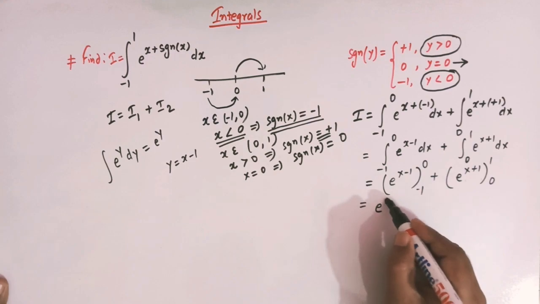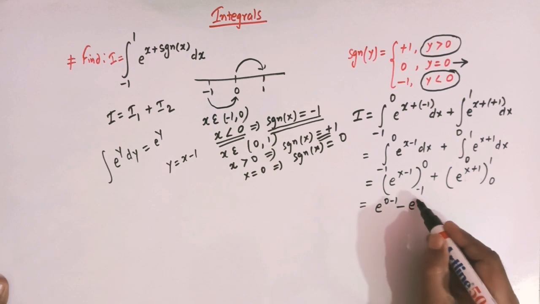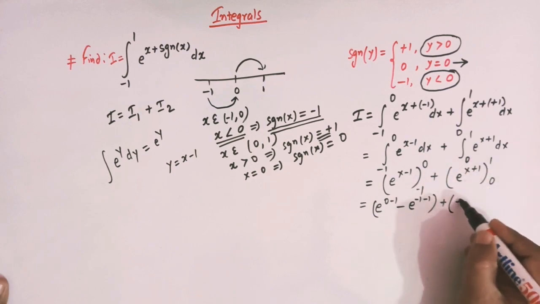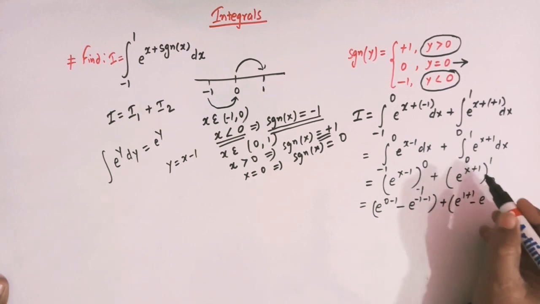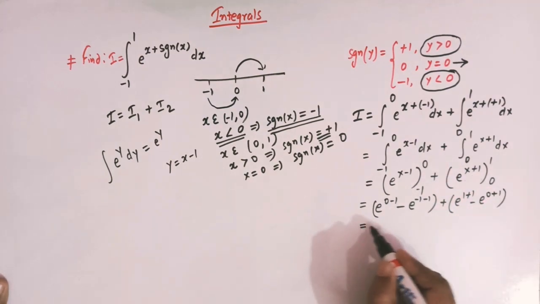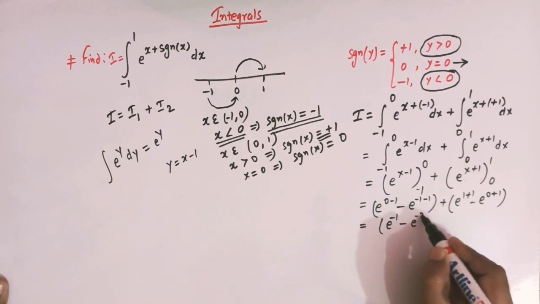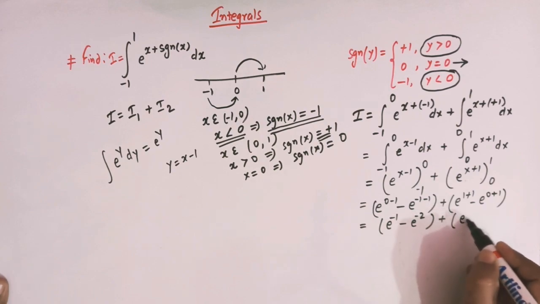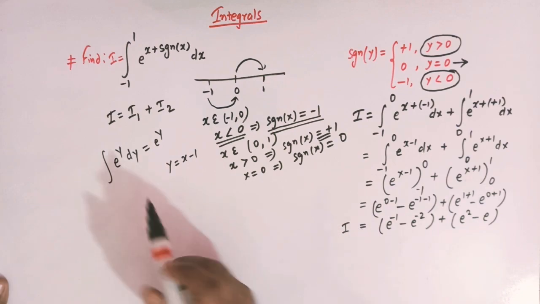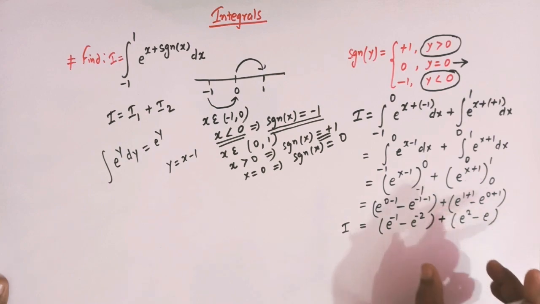So here we have 0 minus 1, then we can take x is equal to -1. So here we have e raised to -1 minus 1, and then here we have 1, so this is 1 plus 1, and then here we have x is equal to 0, so we have 0 plus 1, right? So now we can simplify it. So this is e raised to -1, this is e to -2, and here we have e square, and here we have e, right? So the value of this integral can be given by this expression,